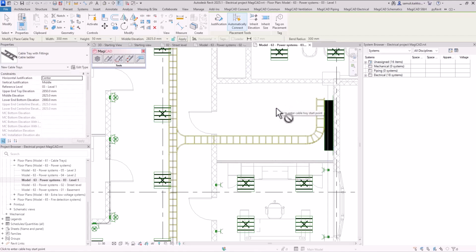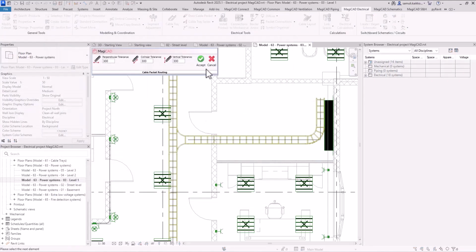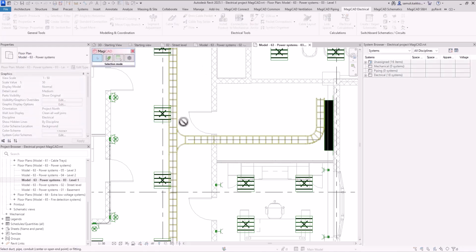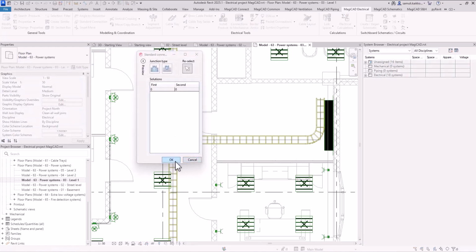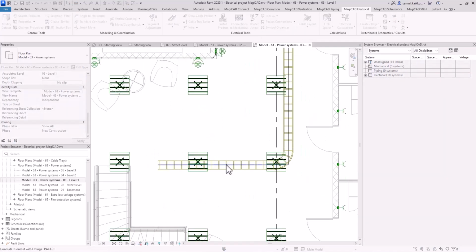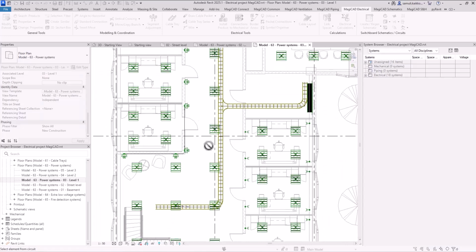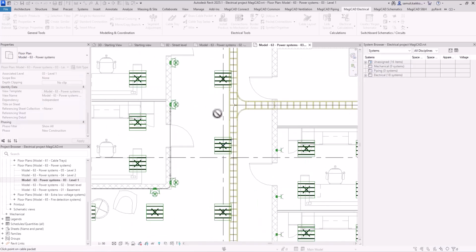We have a tool specially made for routing the cable packet directly on top of the tray, but manual tools such as standard connection are required as well. Next, we need to connect electrical circuits into the cable packet. This can be done virtually, as I am doing now, or circuits can be connected at the same time